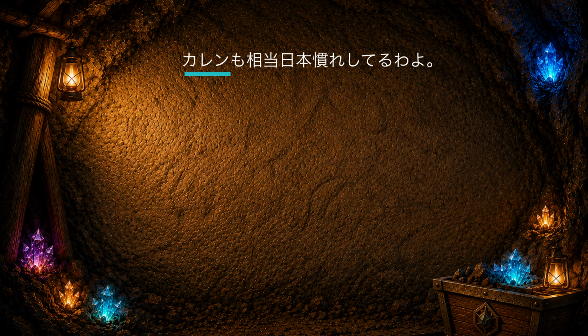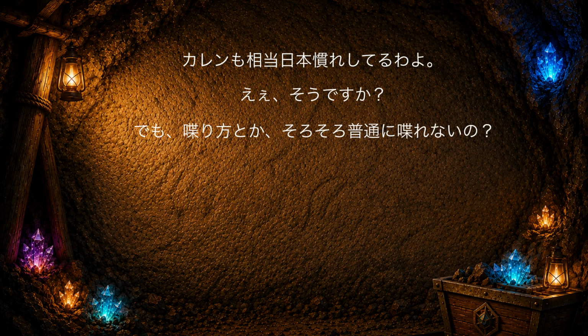First, we know Karen is being told that she is also doing something related to Japan. Probably something related to living in Japan as an exchange student. We know from the next few sentences that speaking is mentioned in negative form. So either she can't or won't do something. Think. Do you have it? The most likely scenario is that Karen is being told that she seems to be becoming accustomed to living in Japan.